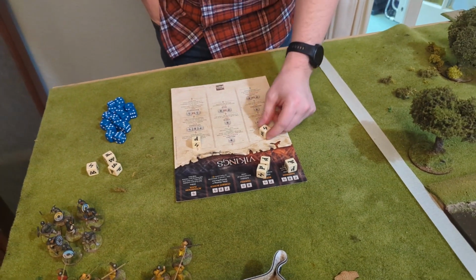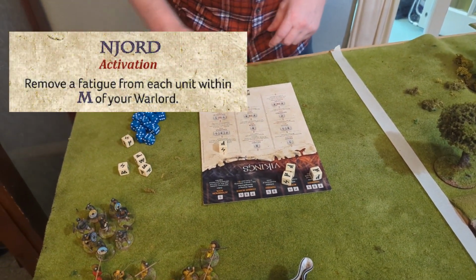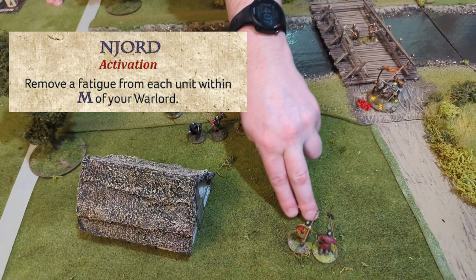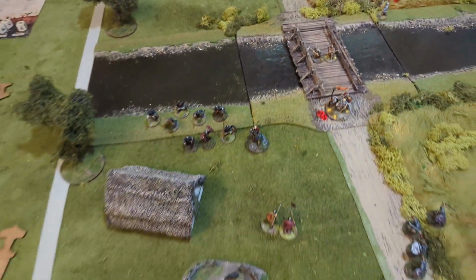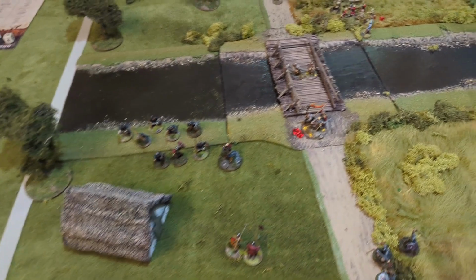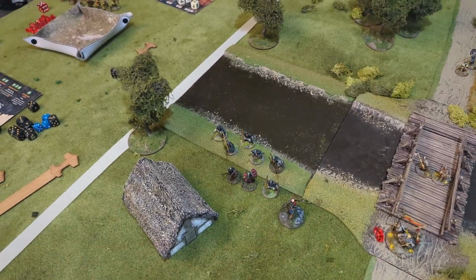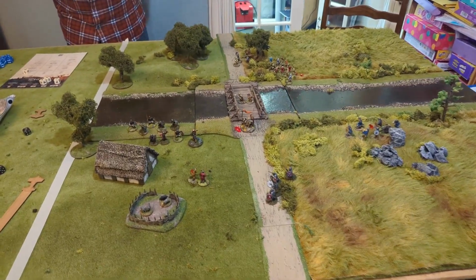We'll start with my Warlord. Okay. Using Njord. So to remove a fatigue from each unit within M of your Warlord. So it's going to be the Warlord himself. And then, is it me as well? Did it say each of your units? No, it just says from each unit. So I assume that does apply to you too. Oh no, that can't be right. Probably not. It's probably because the rest do say your attack dice from your unit. And no, from one of your...